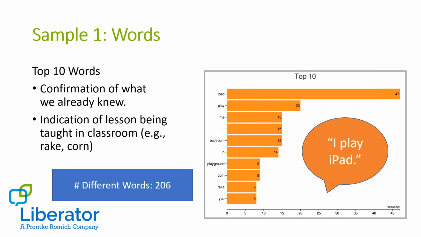But what it indicates is that for this child, we might need to be thinking about other, maybe more core vocabulary that we could be modelling within that topic-specific theme in that classroom, because he doesn't have a lot of words. So are corn and rake really useful top 10 words for him? Probably not. So it just helps to kind of maybe reframe the way that the EA is modelling vocabulary for him, and maybe the types of questions that he's being asked within those activities. Maybe they could just change that slightly so that he's using more core vocabulary to get those